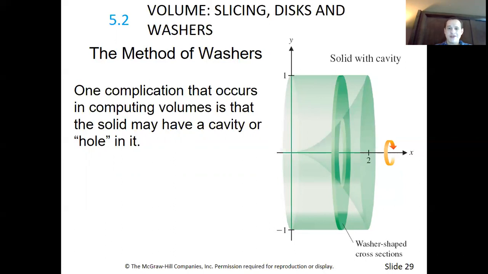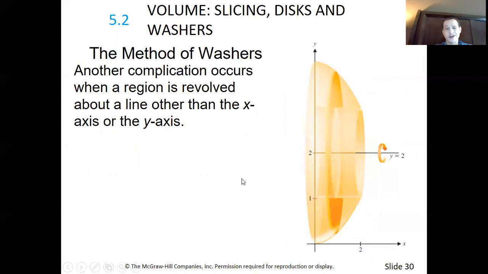Basically, the cross-section area of this would be the top part spun around minus the bottom part spun around. So you see it makes a little washer right here. It's got a hole in it, hence why it's called washers. You also want to keep this one in mind for when you're spinning around lines other than the x-axis or